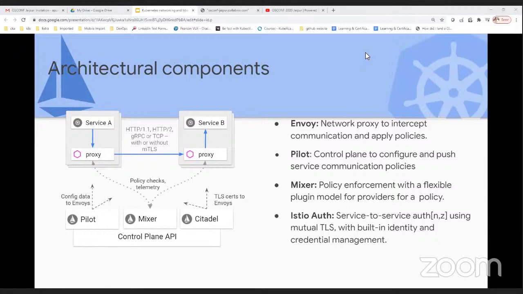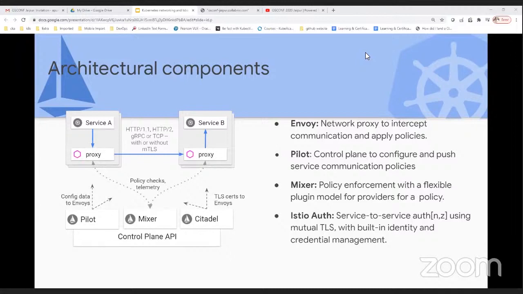What does Mixer do? Mixer has an open API and pluggable architecture, for sending the telemetry, logs, and traces of your choice. That can be done with the help of Mixer. Again, it is your choice what exactly you need to take out from the telemetry and the logs.